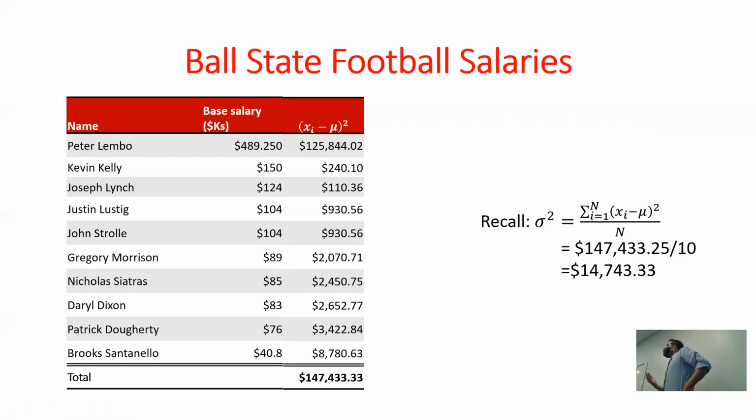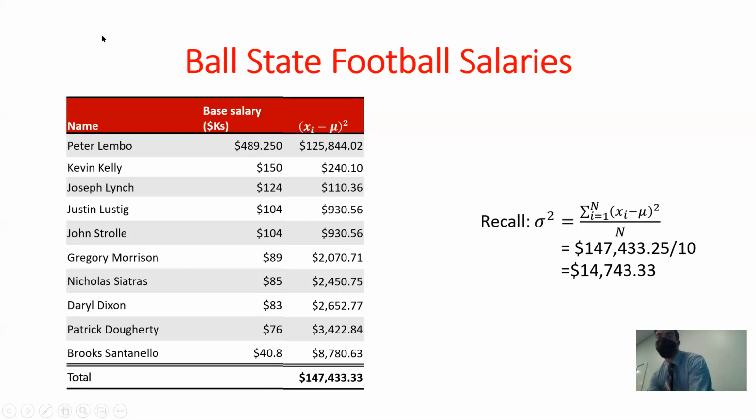Okay? Hopefully this data set lets us start to see how the variance captures what variation exists in the data set. Think about this: this value is really far above the mean, so that deviation is positive. But when I square it, it's also positive. Here are some values below the mean, where the difference would be negative. But what happens if I square a negative number? It's also positive. So it doesn't matter if the observation is really far above or really far below the mean, it'll still add a lot to the numerator of the variance, increasing the variance, right?